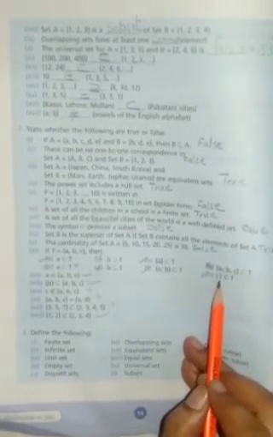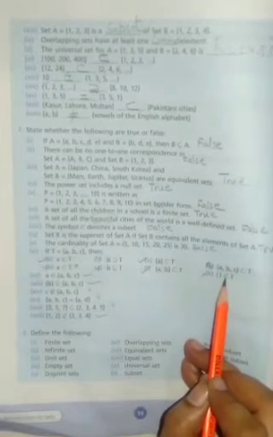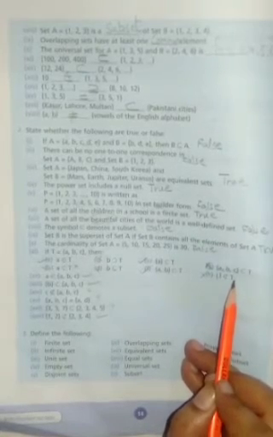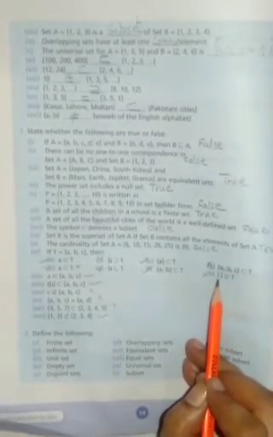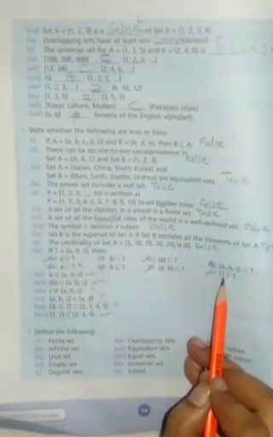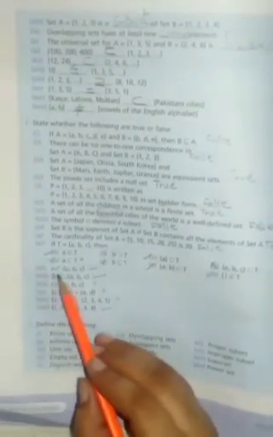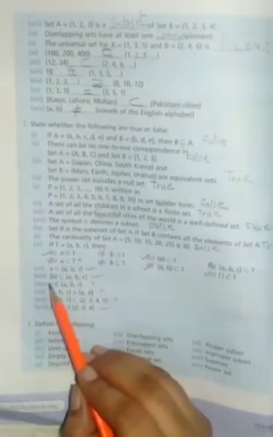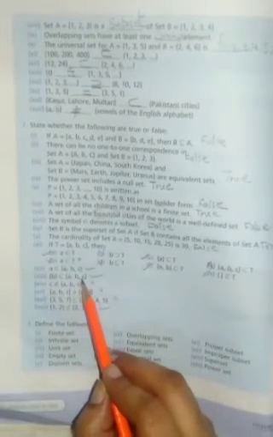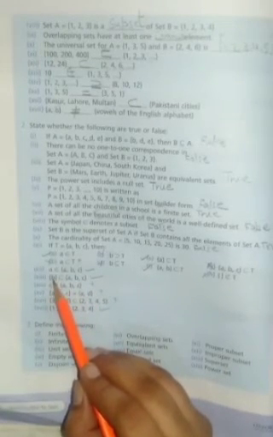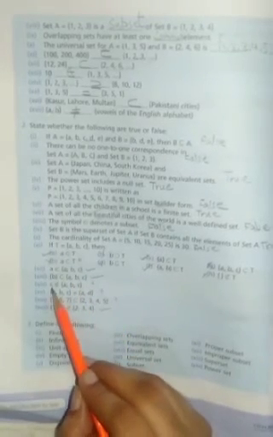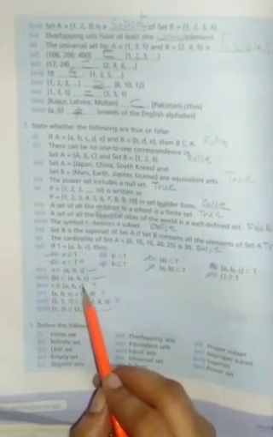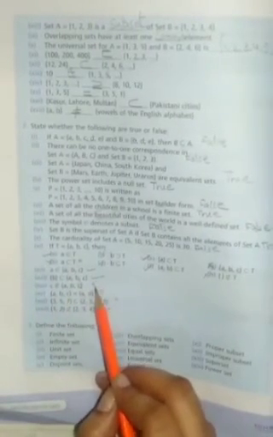And the empty set cannot be a subset of T. Student, this is wrong, because when we write the subsets we always write the empty set first of all. So this one is also false. Next, come to 11. A is a member of ABC. You know very well, yes, we have A here, so it is a member. Set B is a proper subset of ABC. We write member B as a set, so B is also a proper subset of ABC. This one is also true. C is not an element of ABC. You can see here we have C, so this one is false.